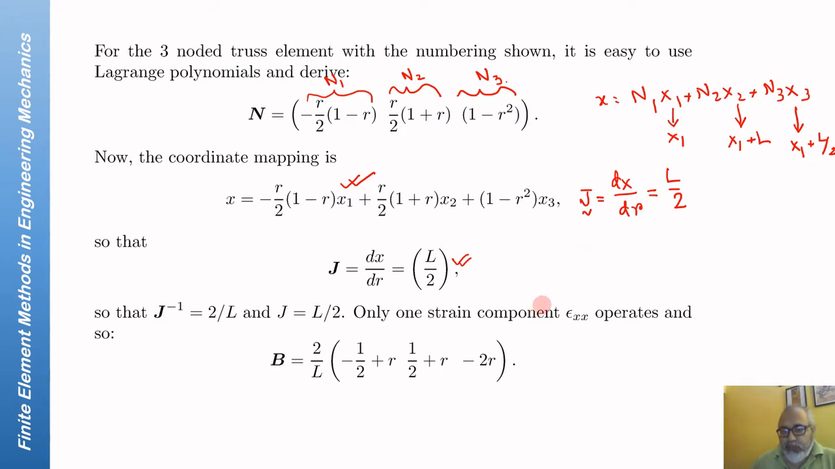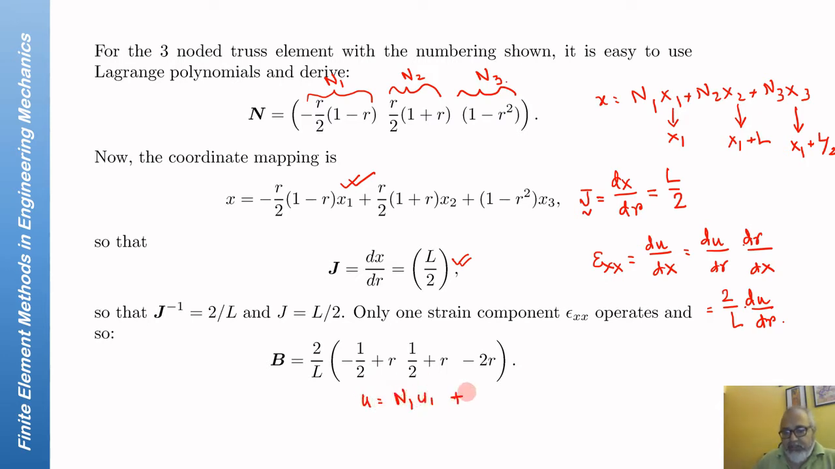So the only strain in a 1D truss element is epsilon xx, which is in this case du dx. So you write it as du dr times dr dx. dx dr is J, so dr dx is J inverse, and therefore this would be 2 by L into du dr. And u will be given again by N1 u1 plus N2 u2 plus N3 u3,